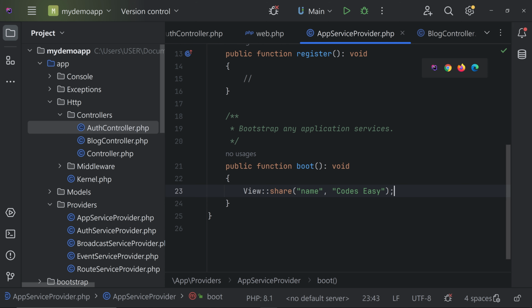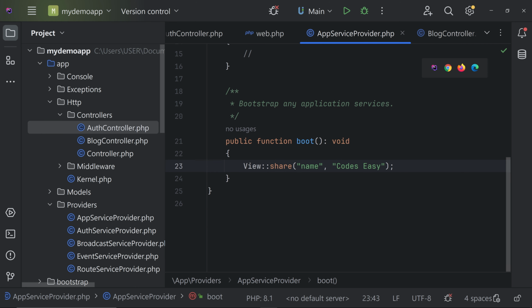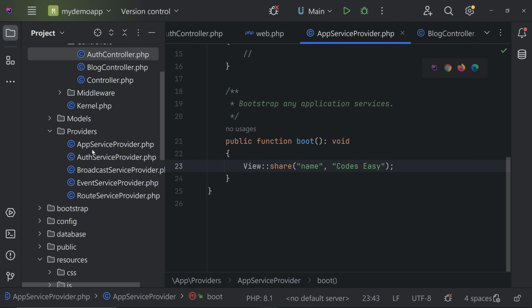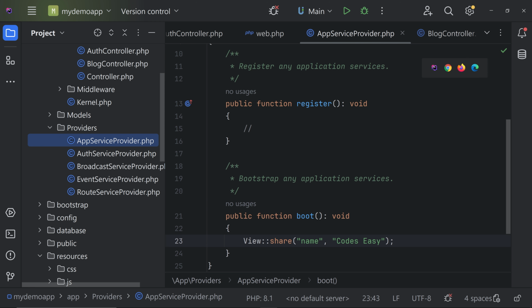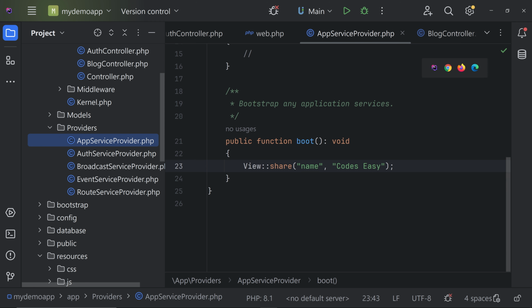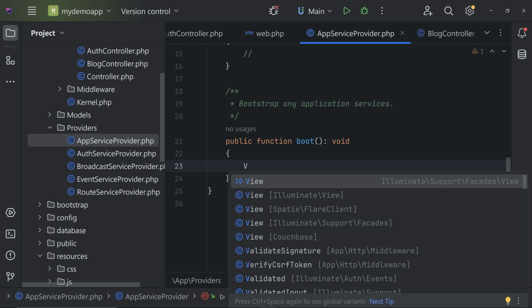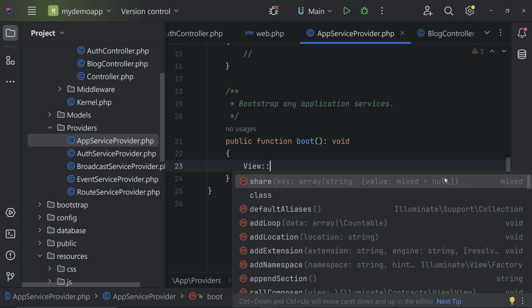In order to implement and test it, we can come inside this app service provider. You can find that inside the providers, AppServiceProvider. We are not going to create a new service provider. We are going to use this for now. And we can remove this share option from here. And we can do View. You have to choose Illuminate\Support\Facades\View. And we can use